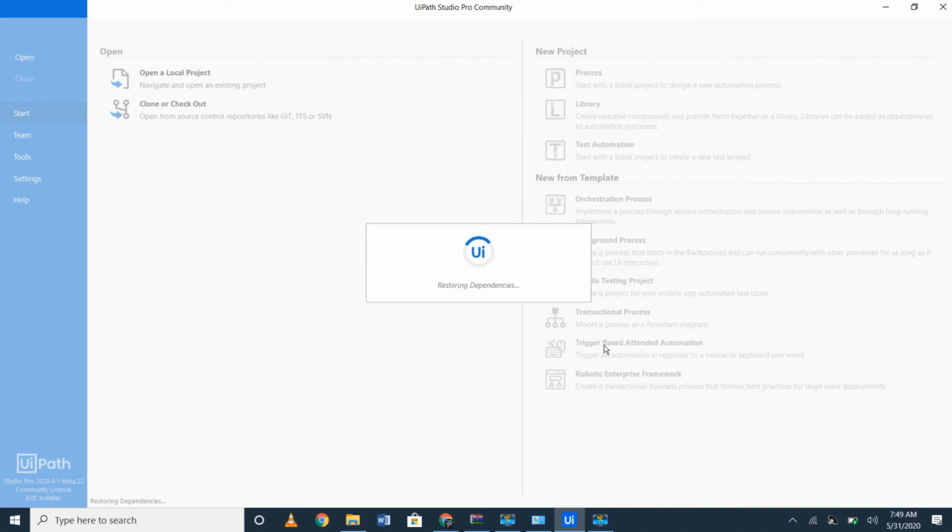In parallel you can also do the same on your system, as we have already installed the UiPath Studio Pro Community version. In your system, under new project, you click process, and you'll get a window where you give the name of the project, your own name, and you can wait for the tool to open.